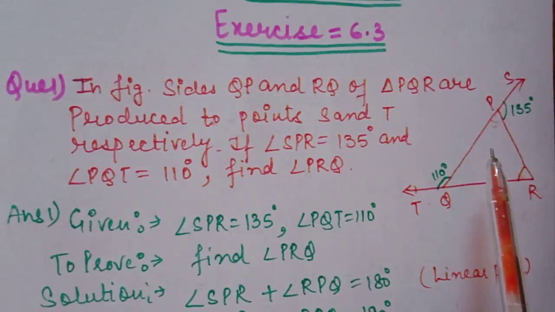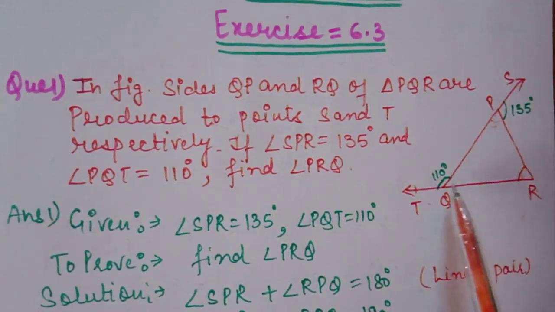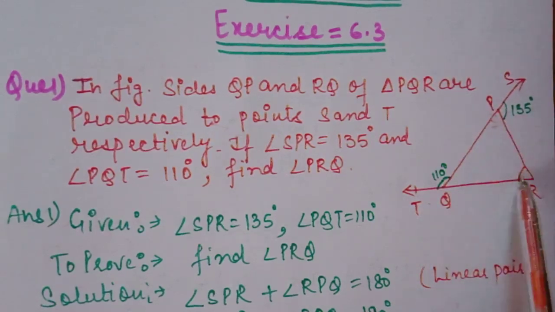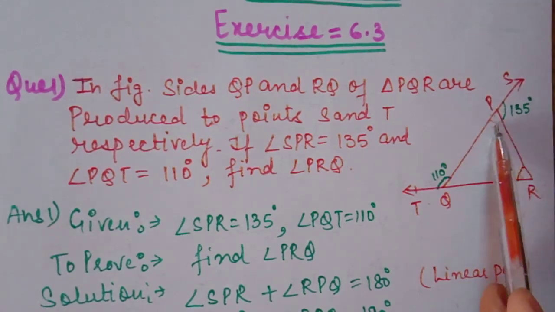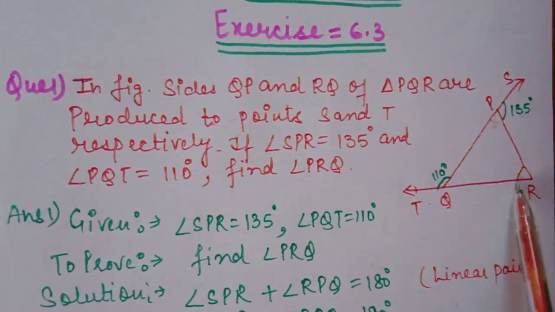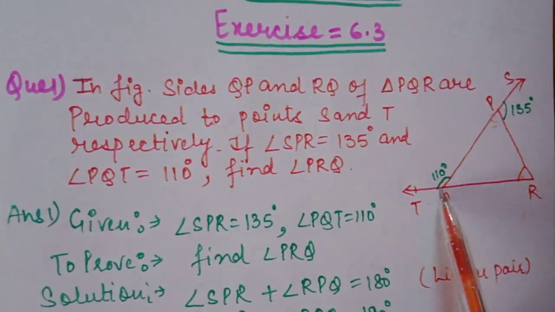Second method is also very easy. You know the exterior angle property, the last theorem 6.8. What was the exterior angle property? Theorem 6.8: the exterior angle of a triangle is equal to the sum of the two opposite interior angles. Then it is also very easy. Find this angle and then put the sum of these two angles in front of 110. So the choice is yours. How will you solve this question?